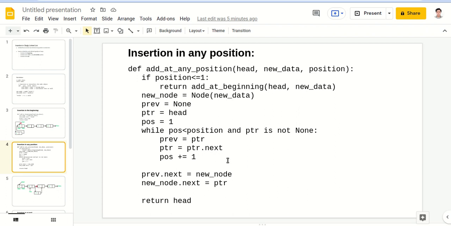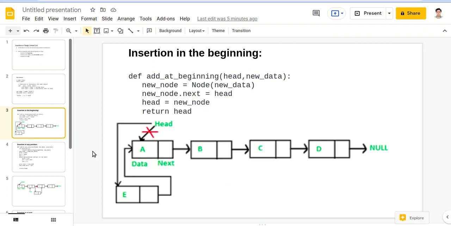Now if it is not greater than the size of the linked list, then what will happen? ptr will reach one position more than whatever position was required. If it is position 1, then ptr will be over here.